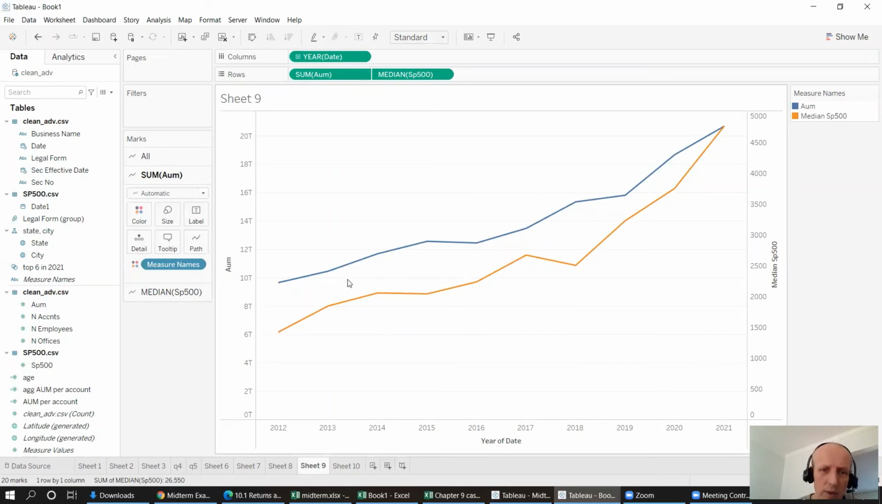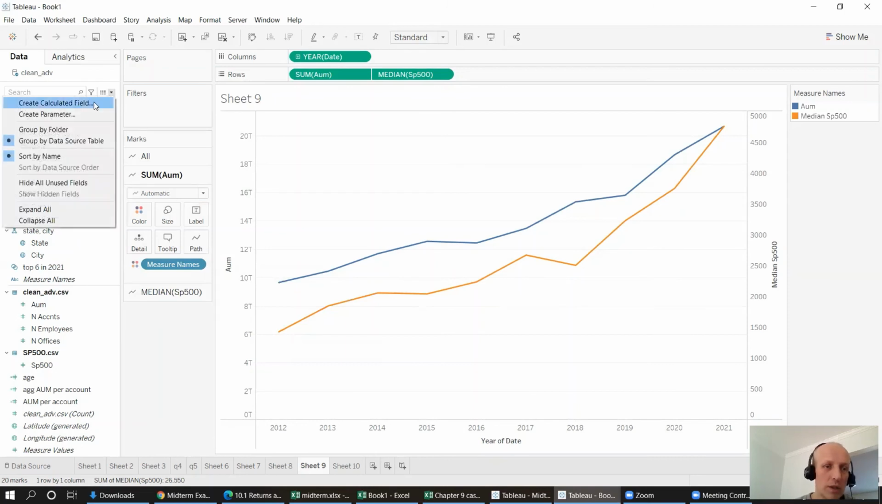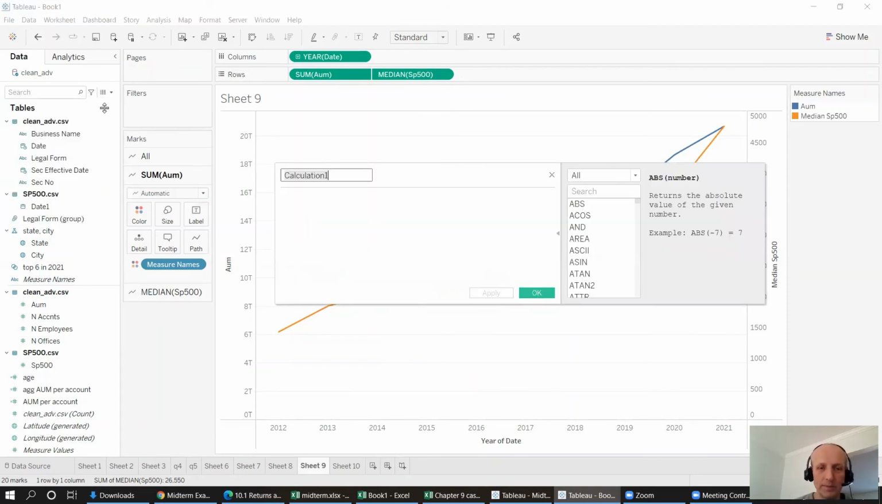1,426. And for the aggregate AUM, oh dear, it's a really big number, 9,665,701,629,202. All right, so I just wrote this down on a piece of paper, and let me create two new measures, two new calculated fields. I'm going to call this AUM index,